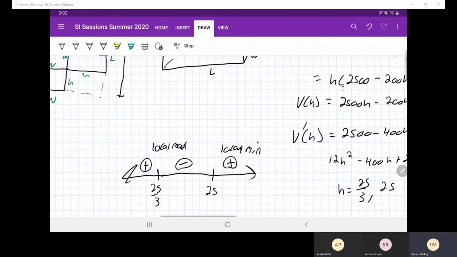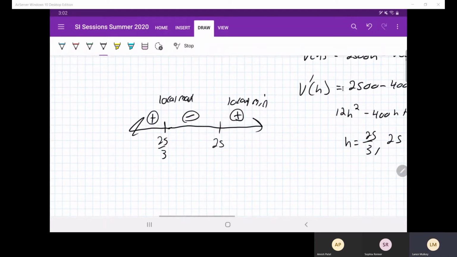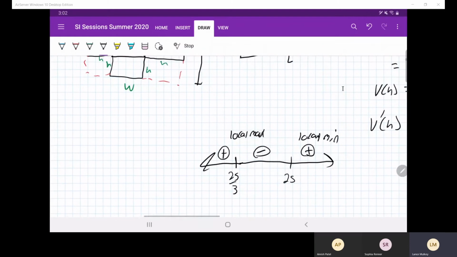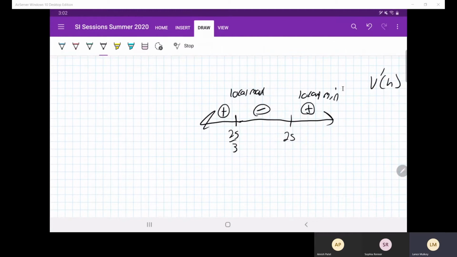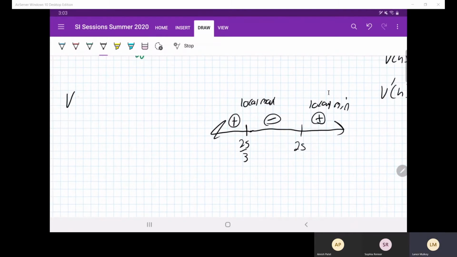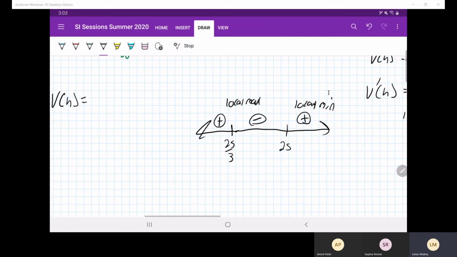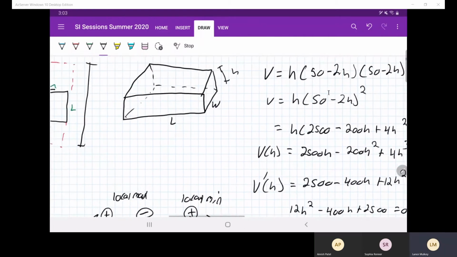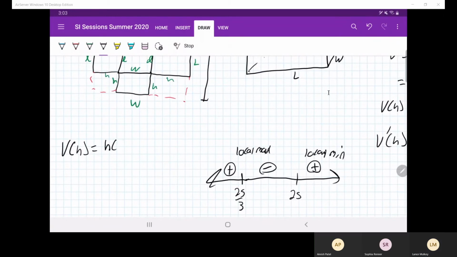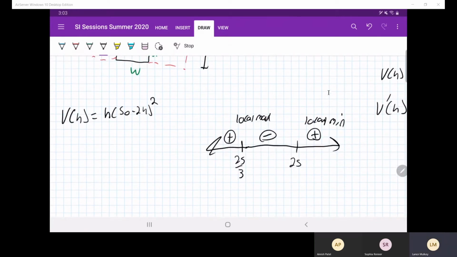So if we go to the equation, v of x or v of h equals h times 50 minus 2h squared. We have our critical points, and this is the maximum and this is the minimum. So if we plug in 25 over 3,